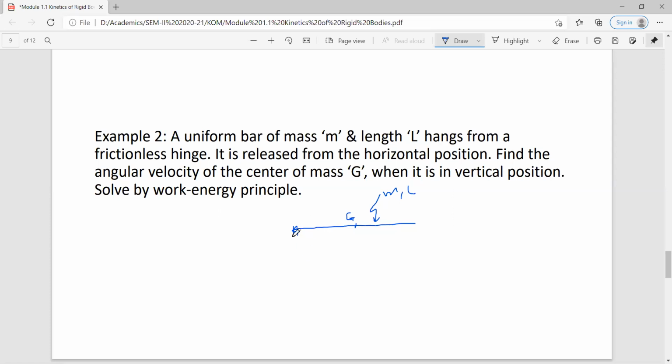See, it is not fixed here, it is a pivot point, pin joint, okay. Now what you did, you released it from this position, like you hold it in hand in the horizontal position and then release it from here. So it will swing around this pivot point. Say this pivot point is point O, okay. It will swing like this. So when it will reach the vertical position, it is its horizontal position